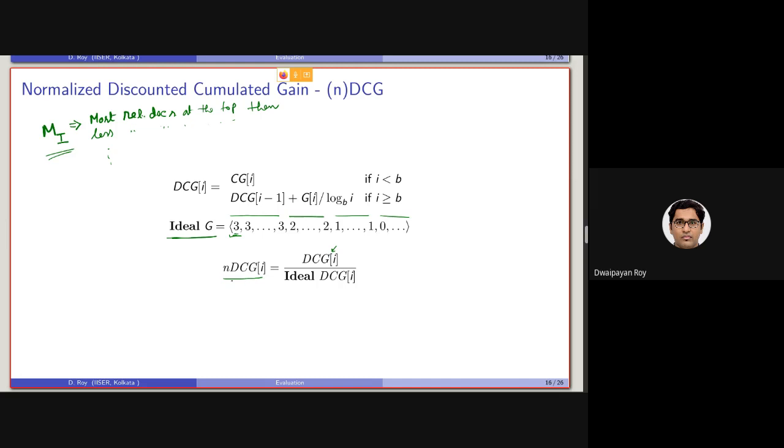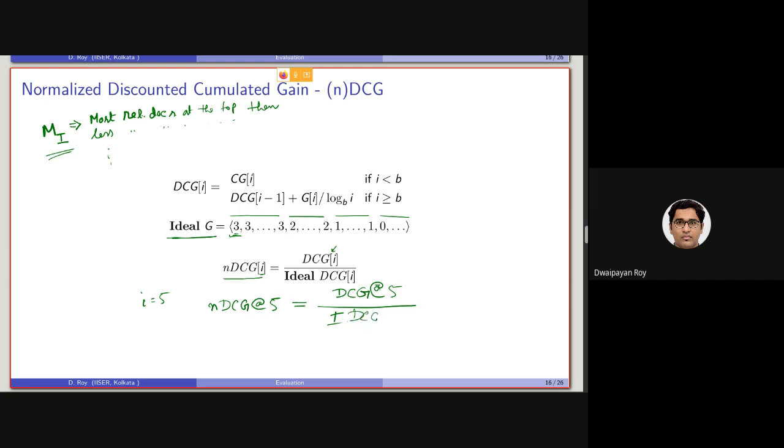So again, NDCG or normalized discounted cumulative gain is computed at a particular rank position. Let's say if I consider I equals to 5, then NDCG at 5 is basically the DCG at fifth location divided by the ideal DCG.